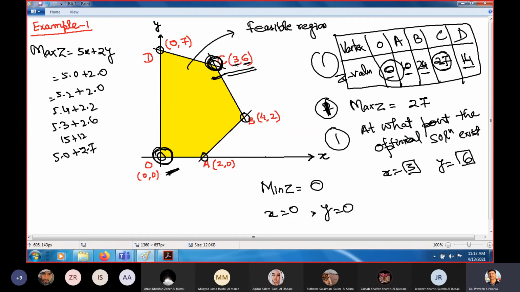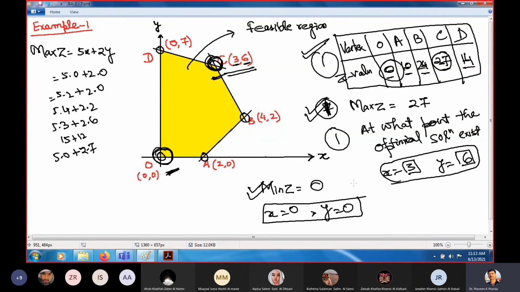So there will definitely be one question like this where you will be given a graph and you need to find the value of Z. You need to find the maximum Z, the minimum Z, and at what point the maximum value and the minimum value exist. This is a 3 to 4 marks question in your exam from chapter 2. I am not talking about chapter 1. Chapter 1 you know. Chapter 2 I am talking about here.